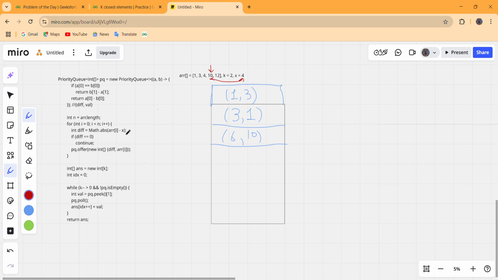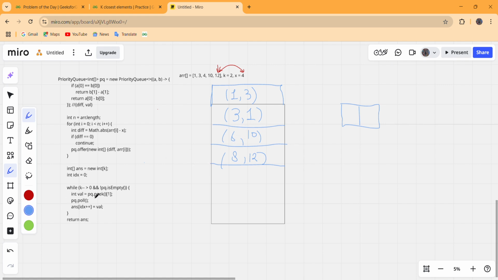Our I gets incremented again and points to this 12. The absolute difference between this 12 and 4 is this time 8 now, and 8 is not present in this and has the maximum difference, and that is why it is given the lowest priority and can be placed below this 1, 3, 6 with 8 comma 12. Now let us make a k size array, and in this case it is size 2,